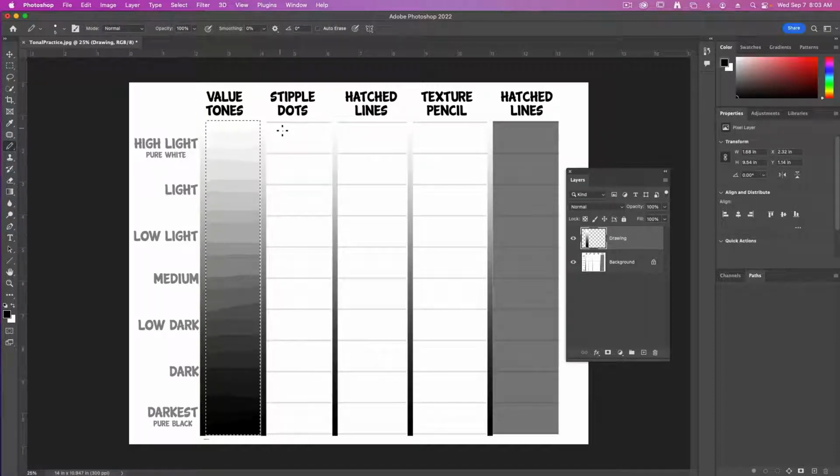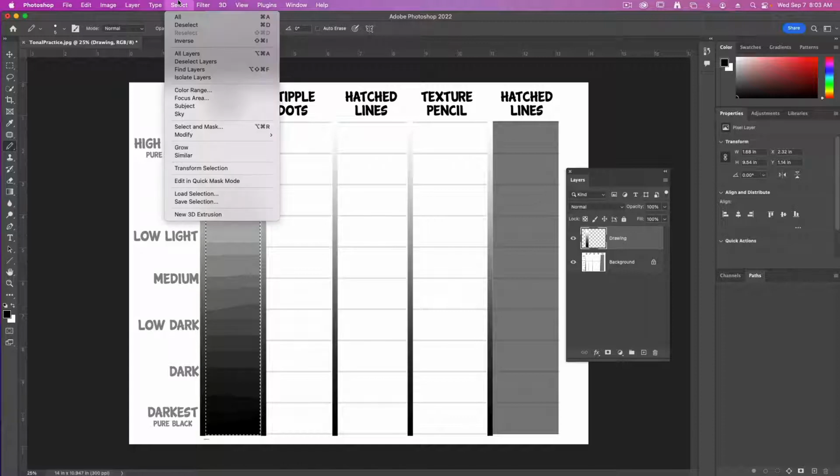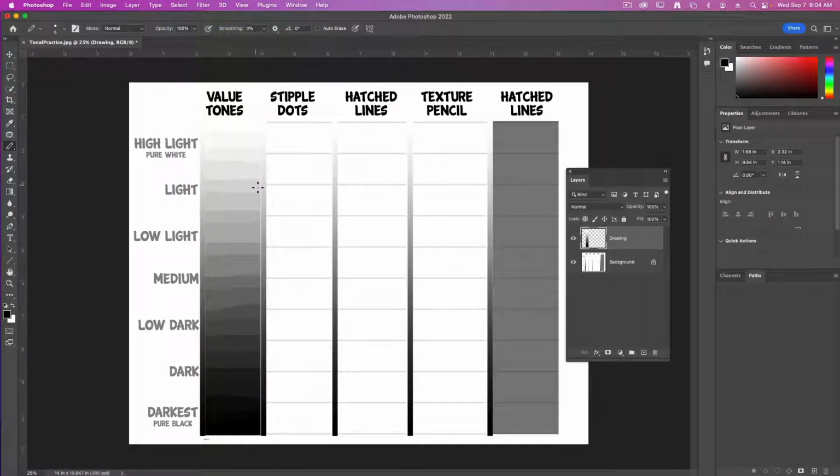All right, with these in-betweens done, that'll finish up the tonal value column. We can keep going and make it a perfectly smooth one, but I mainly wanted to show you how you can paint and select inside of a specific area. To deselect it, you can go up to Select and Deselect, and that'll get rid of your rectangular marquee. Now we can work on the